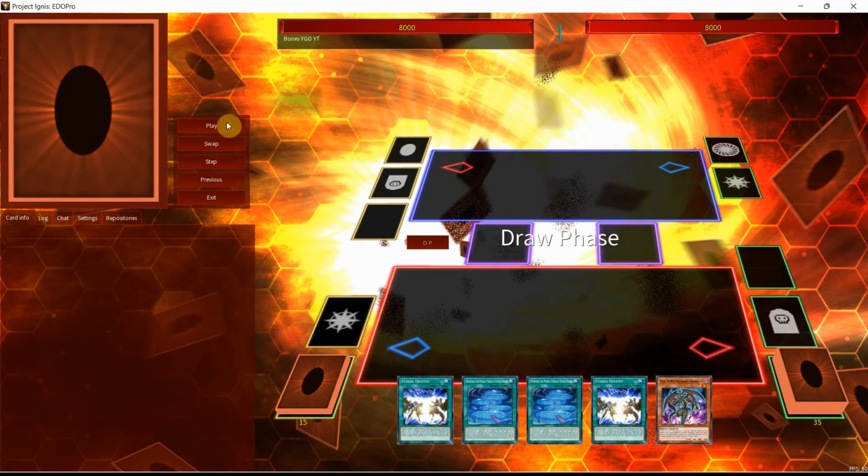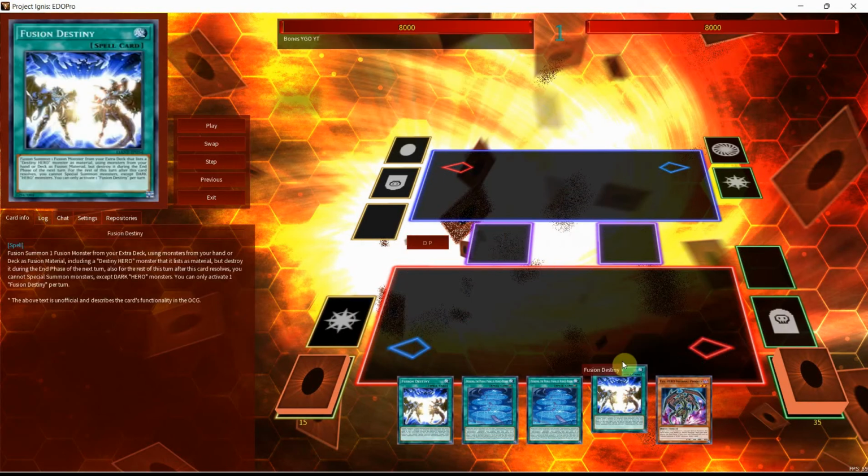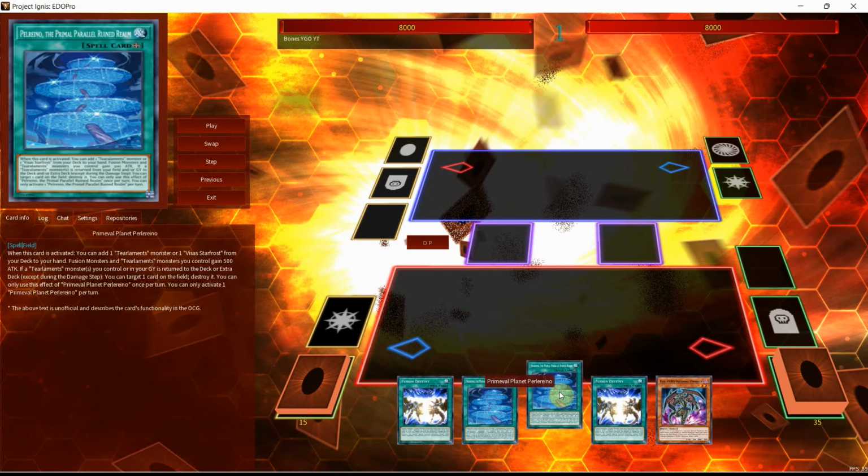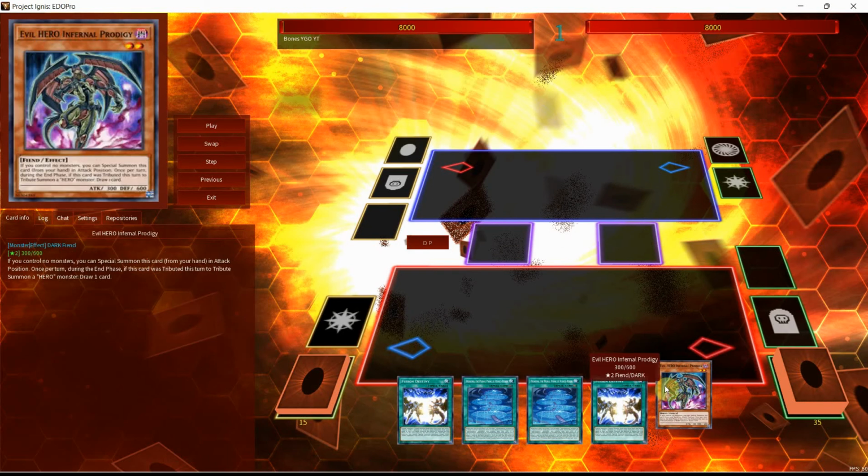So now on to the 4th combo, and as you can see we're playing Fusion Destiny. There's 2 of the field spells here, and I'd like to note that Infernal Prodigy has more uses than just being a level 2 in this deck, and not only is it a body that you can special summon from Necrom, but the cool thing is that this is a card that you can special summon going second,